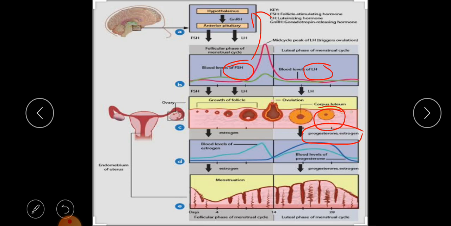You can see this diagram and understand that. So briefly I will go once again over this hormonal function in oogenesis. This is the hypothalamic region, where the gonadotropin releasing hormone is secreted, and it is connected with the anterior pituitary, where it stimulates the hormones FSH and LH. Those are the gonadotropin hormones. FSH is the follicle stimulating hormone, LH is the luteinizing hormone.